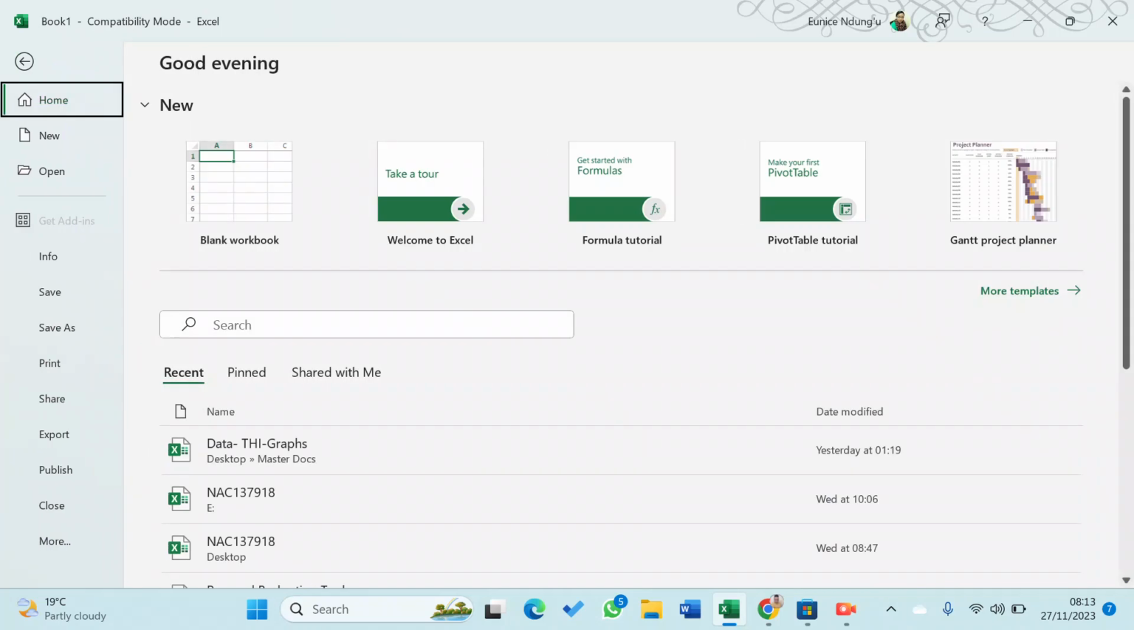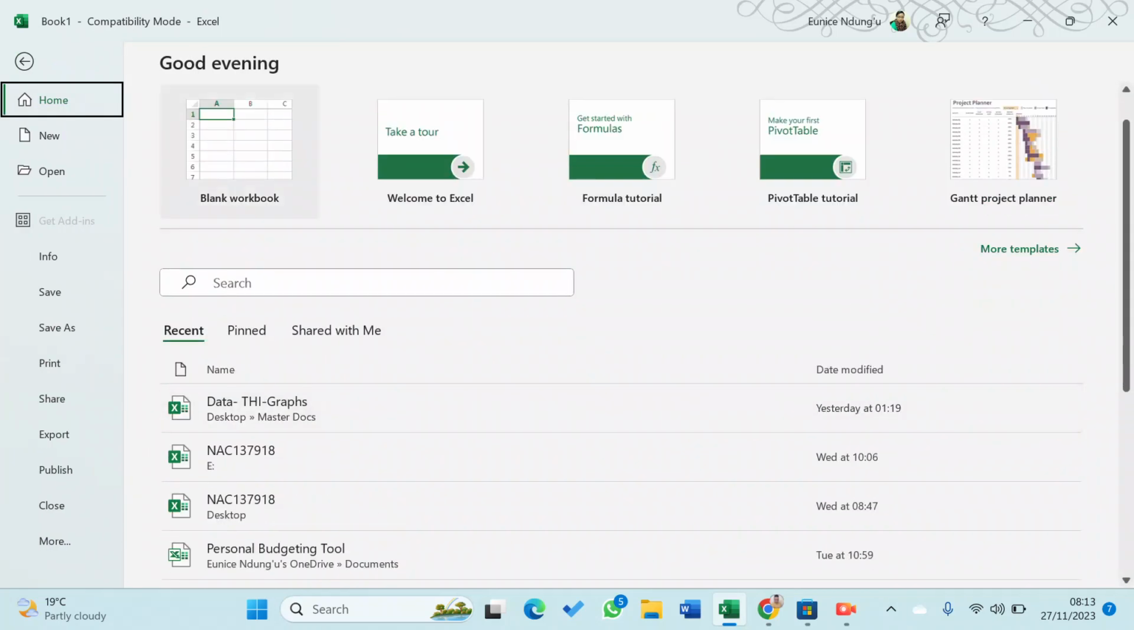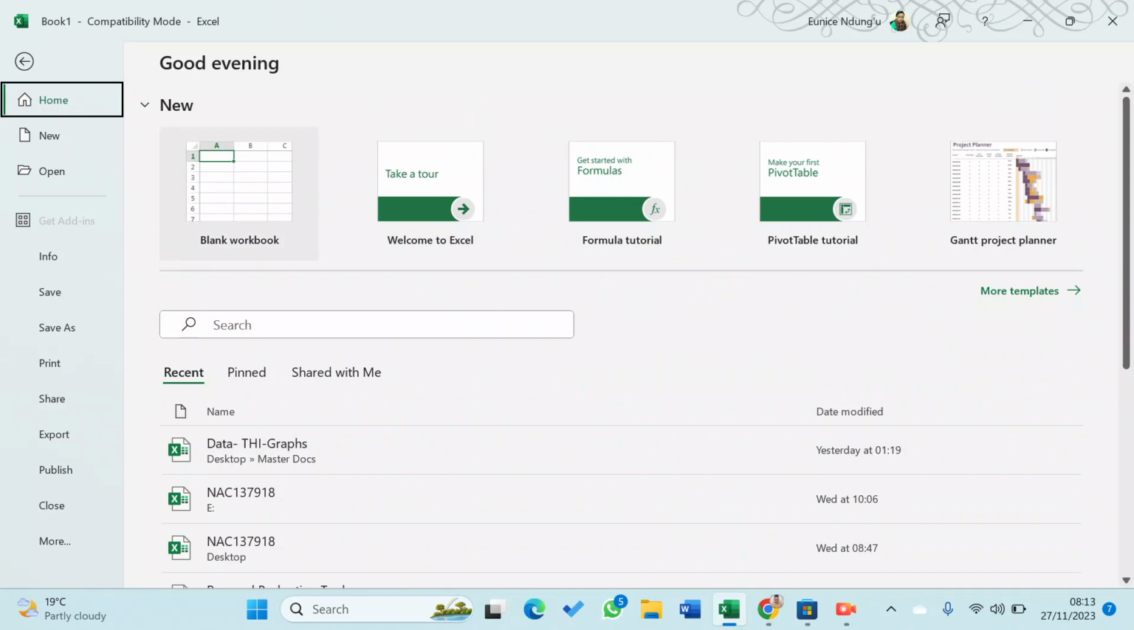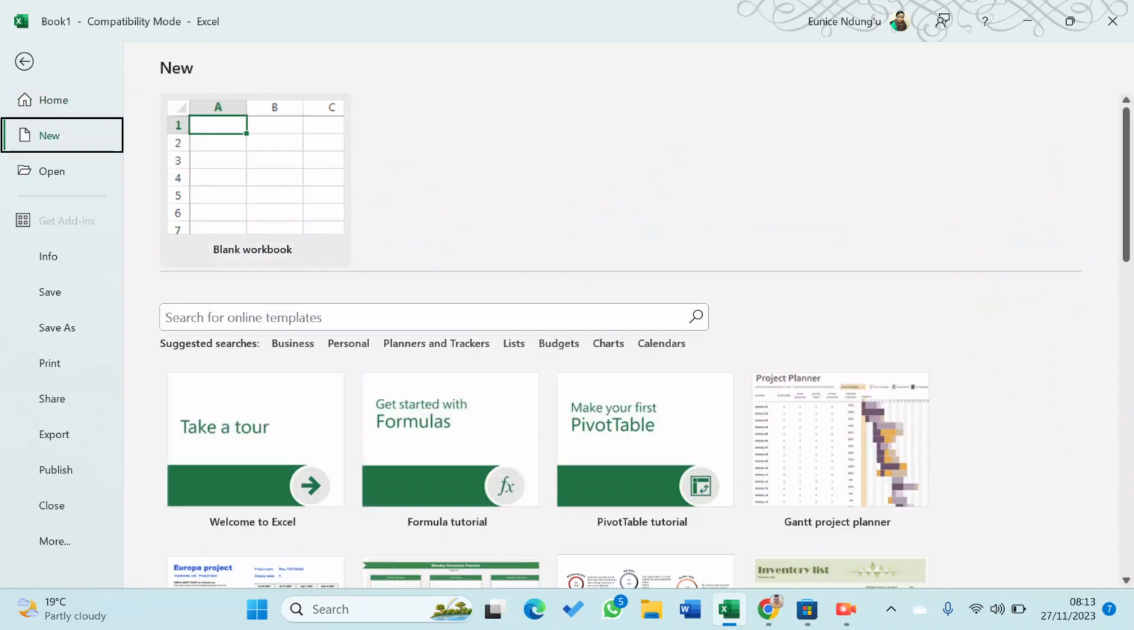And then we have here file. This is home where you can find your recent files. There we can go to blank workbook. You have welcome to Excel. You have a tutorial, pivot table tutorial, Gantt project planner and many more. And then if you want to open a new workbook, you just click new and it opts you for a